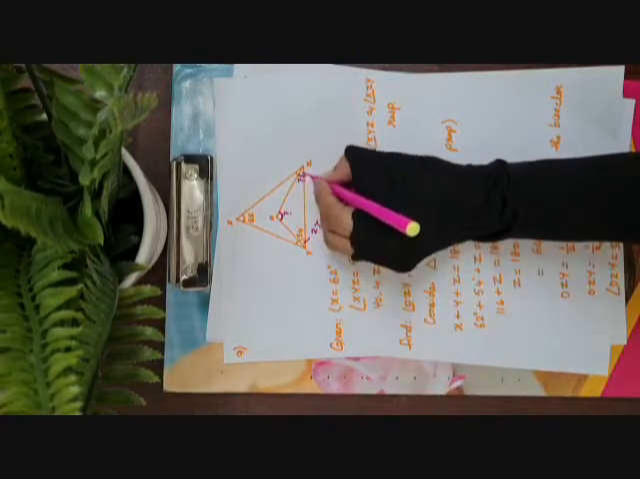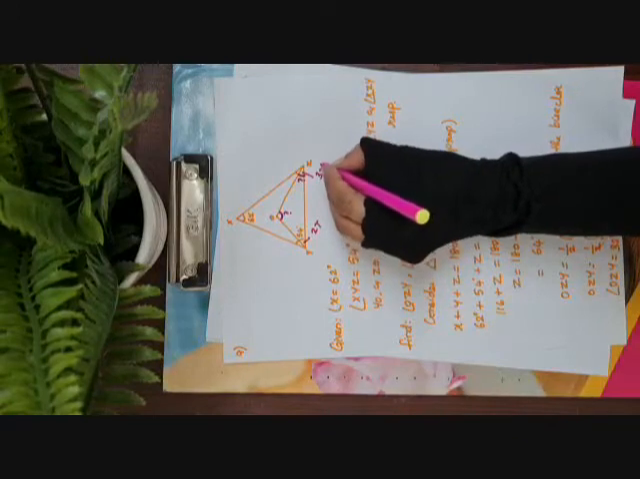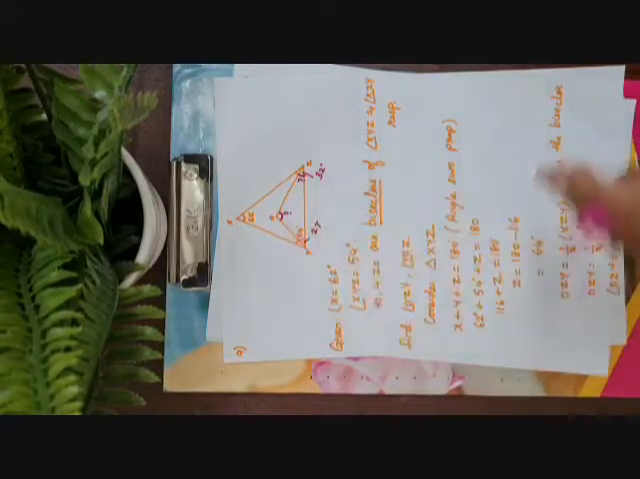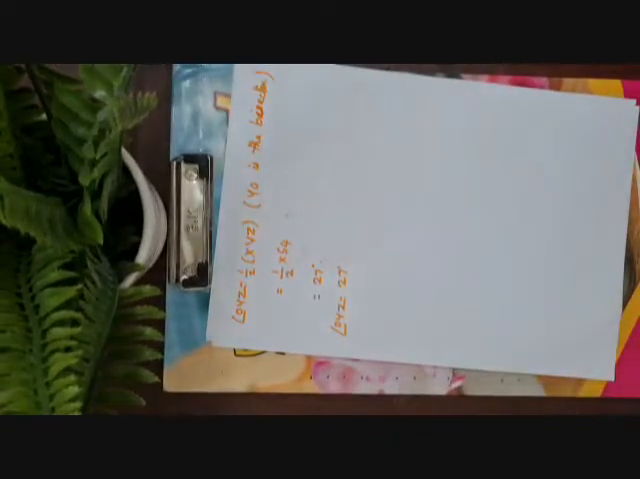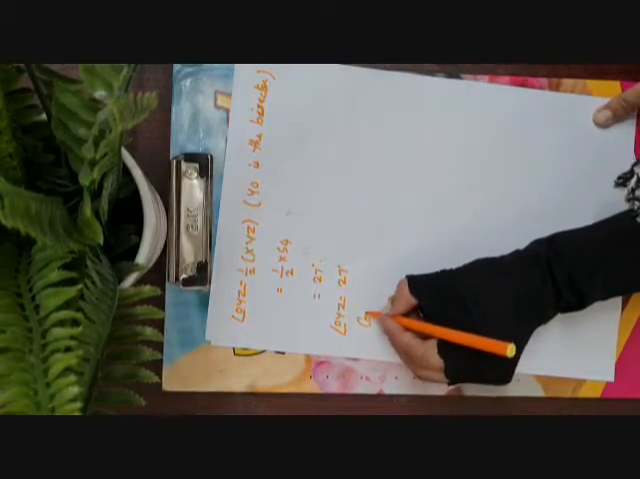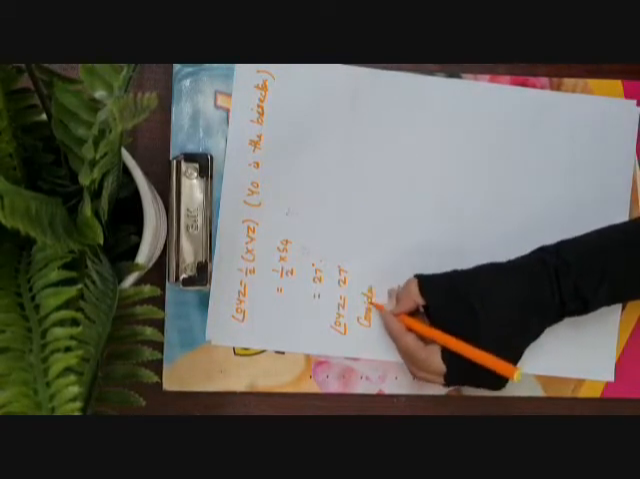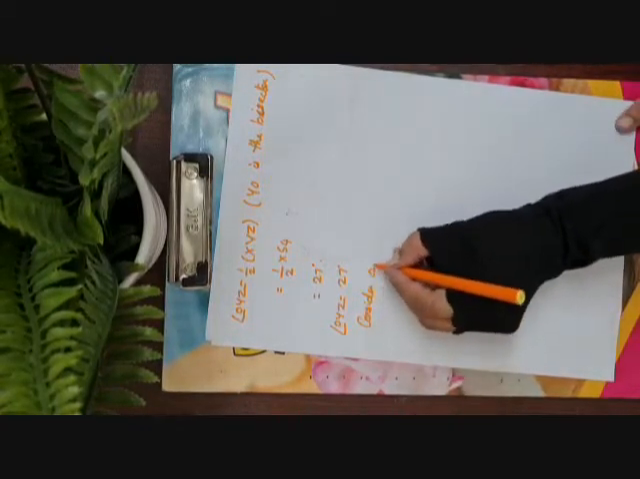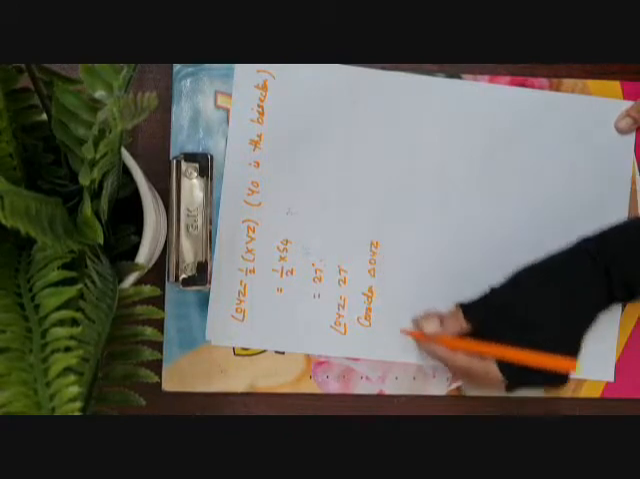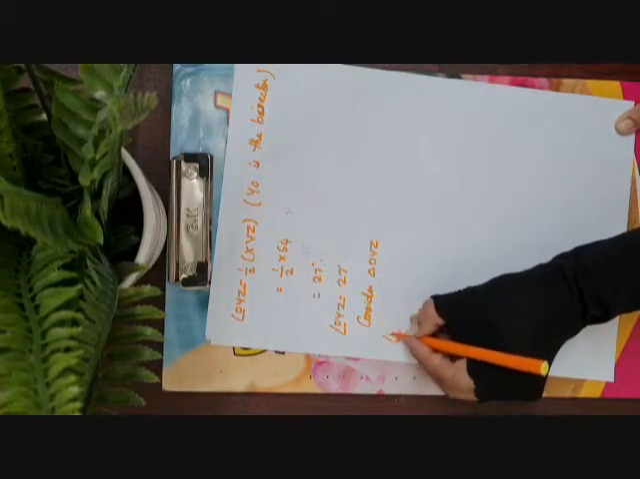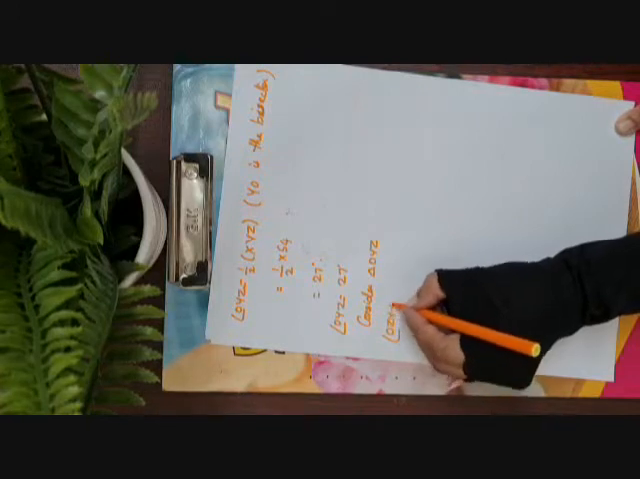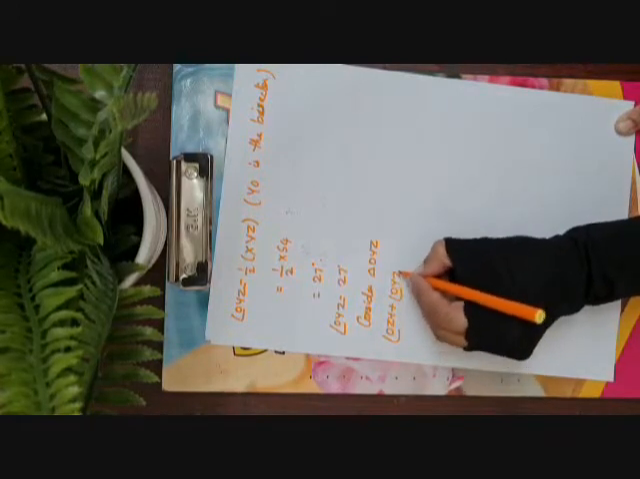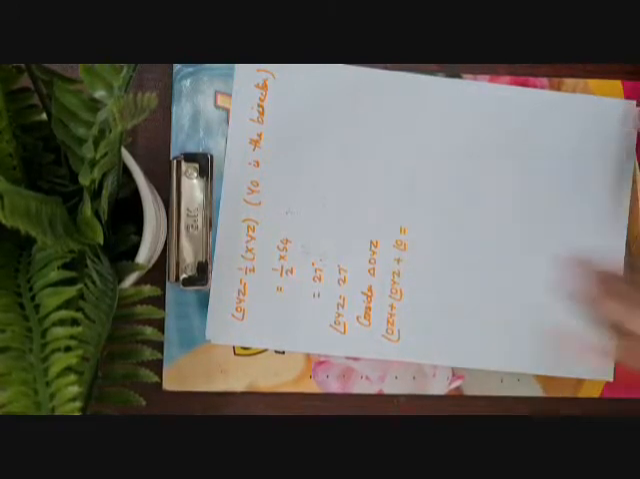Okay, this angle we got it as 32 degrees. Now we have to find the center angle or angle O. Again we will be using angle sum property. So let us write, consider triangle OYZ. So in this triangle we have angle OZY plus angle OYZ plus angle O